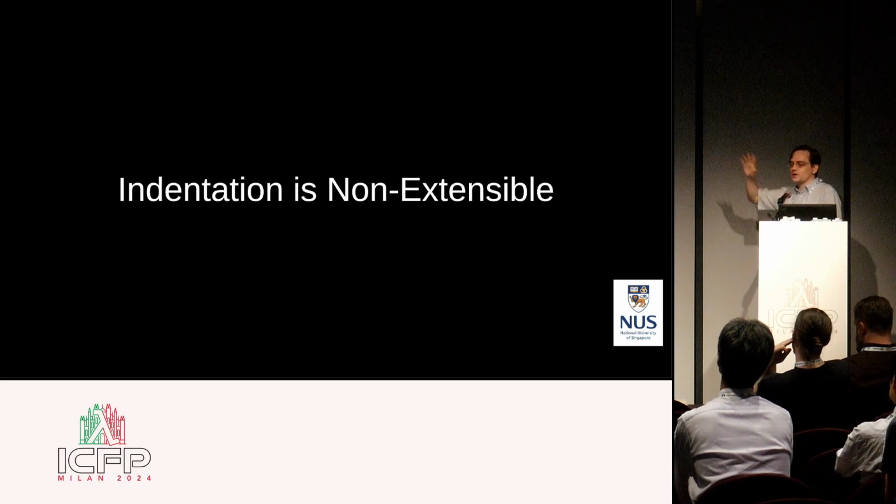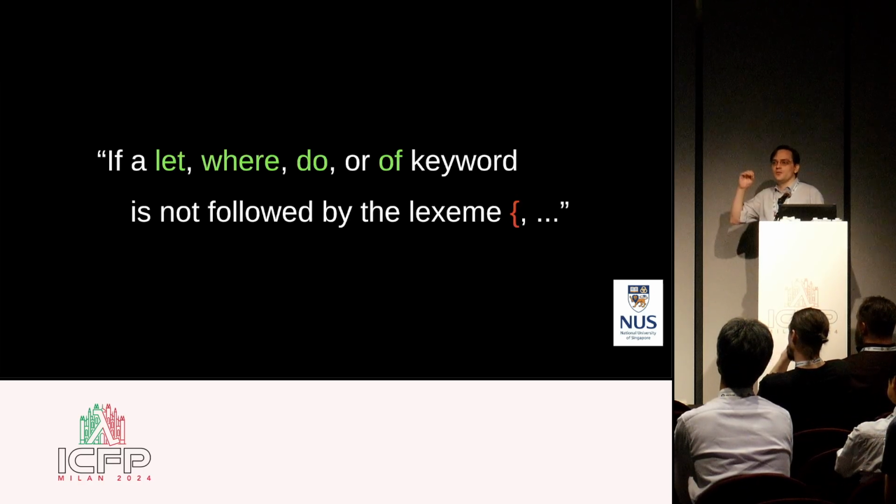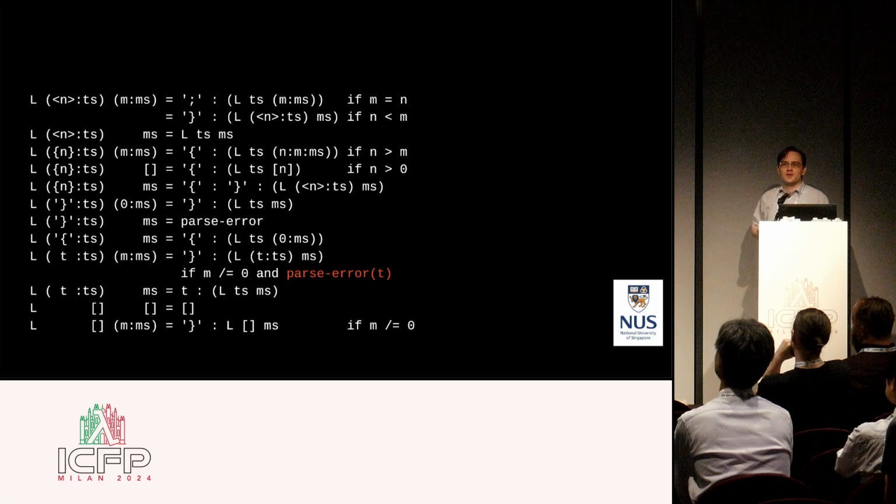Okay, so why are we talking about parsing in GHC? Well, the fundamental problem is that the current way indentation is specified in Haskell is rather non-extensible. For example, if you look in the spec, the way it's defined is that the lexer recognizes these 4 and only these 4 tokens as particularly special. What's even worse is that in between the lexer and the parser, we have to add this L function, which has about a dozen different cases, a little bit difficult to reason about, and even worse, we've got this parse